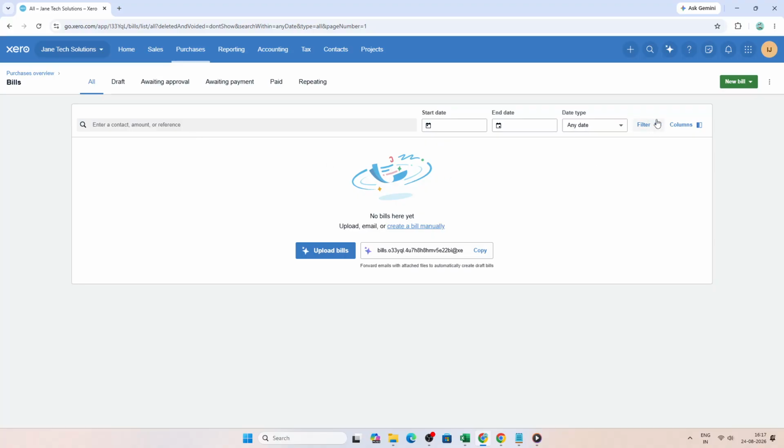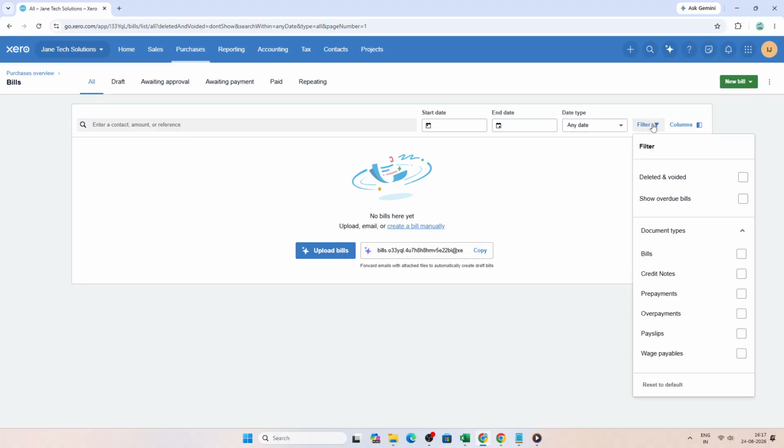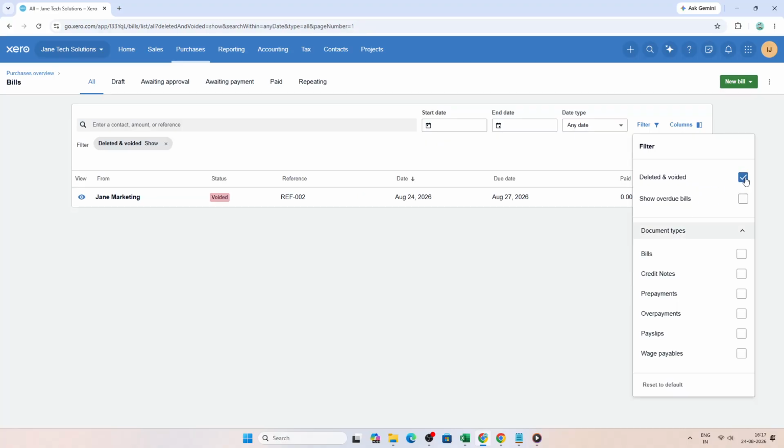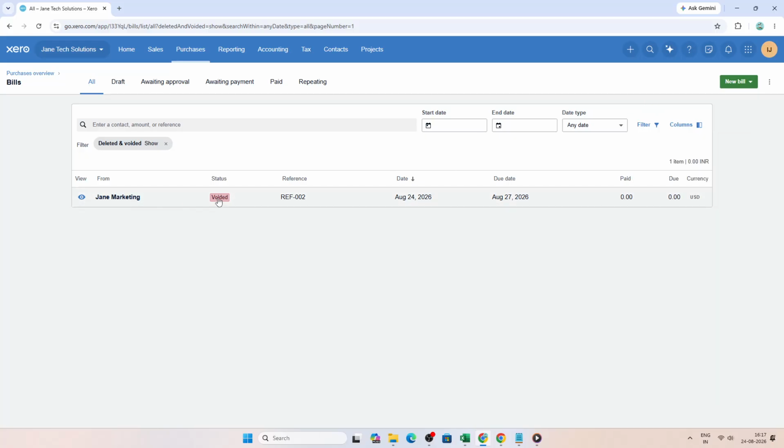Then click the Filter button to open the filtering options. Inside the filter settings, look for the Deleted and Voided checkbox, or in some versions, choose Show from the drop-down menu and select the option that includes deleted and voided bills. Once you've made that selection, apply the filter. Xero will then update the page to display bills that have been deleted or voided, so you can review them